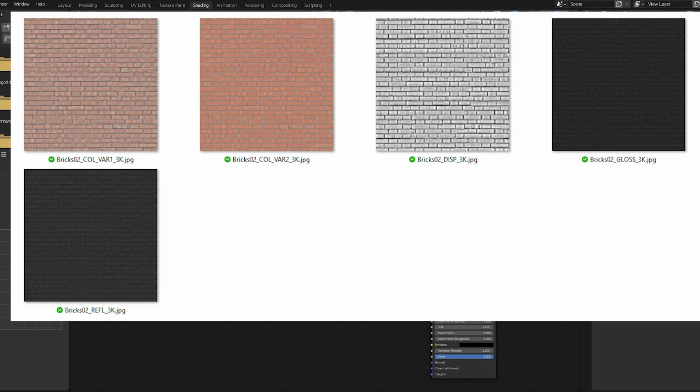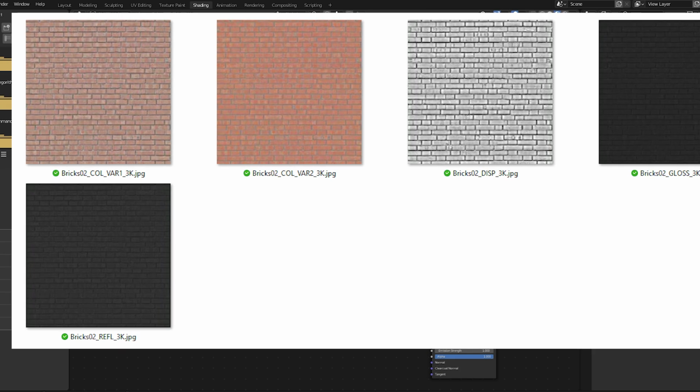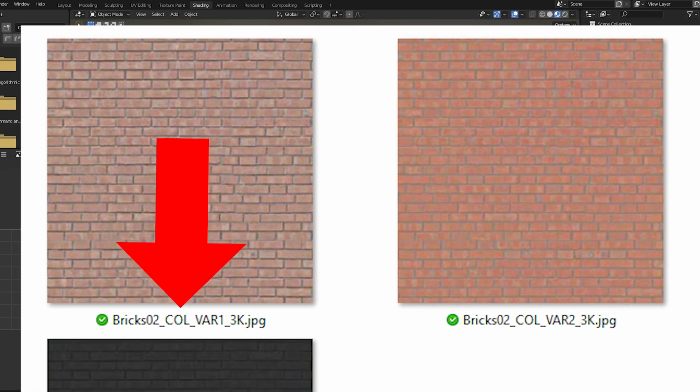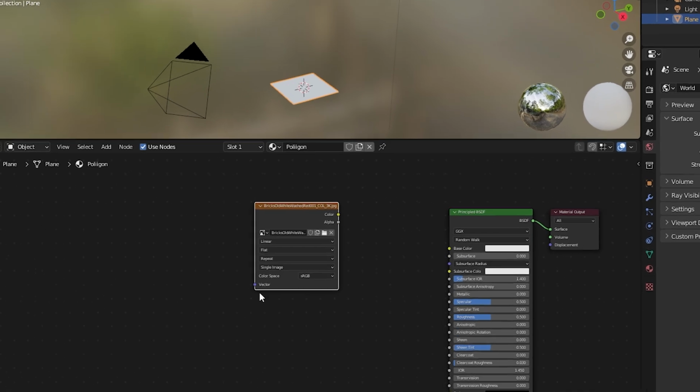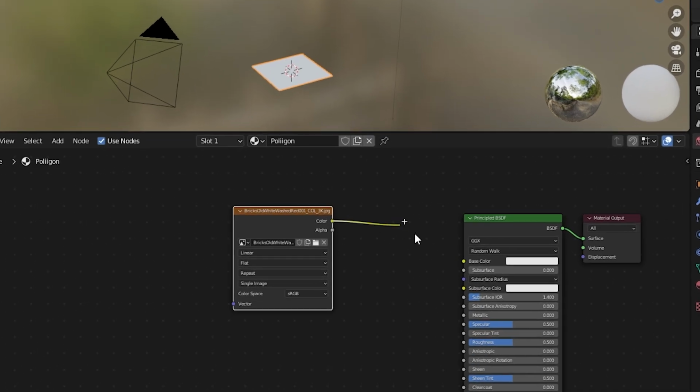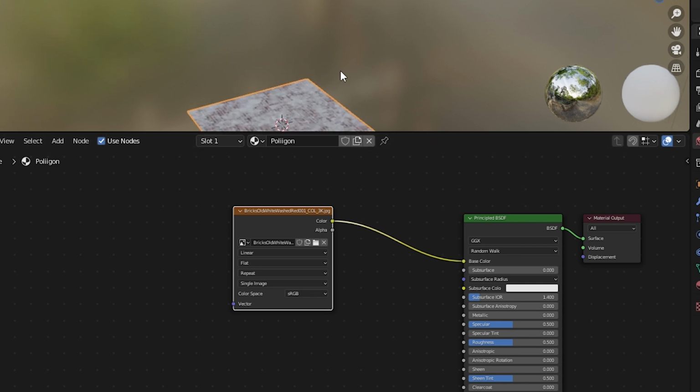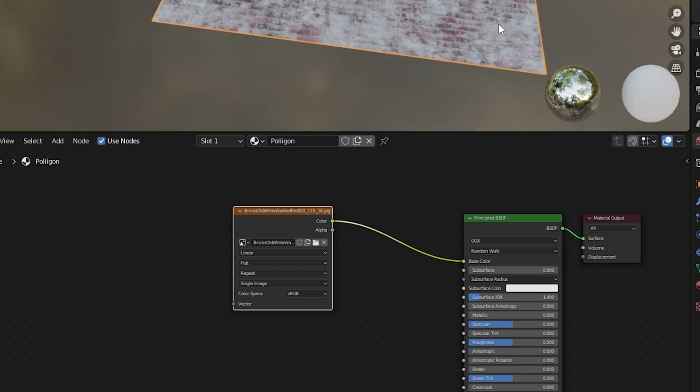That's good to know. The first file we are going to start with is the one labeled color. Actually, there are different variations provided with this material. These are just slightly different color options you have with this material. I'll pick one and I'll drag it into Blender. Since this is our base color, we are going to drag the color output, the yellow, into the base color input of the principled shader, which is also yellow. Now we've got our PBR base color laid out.